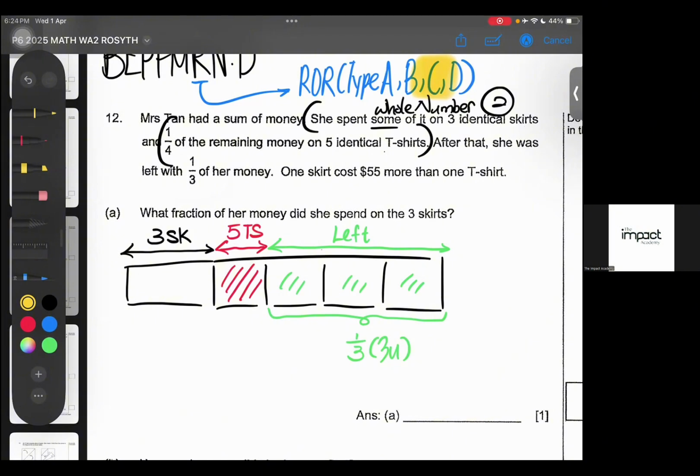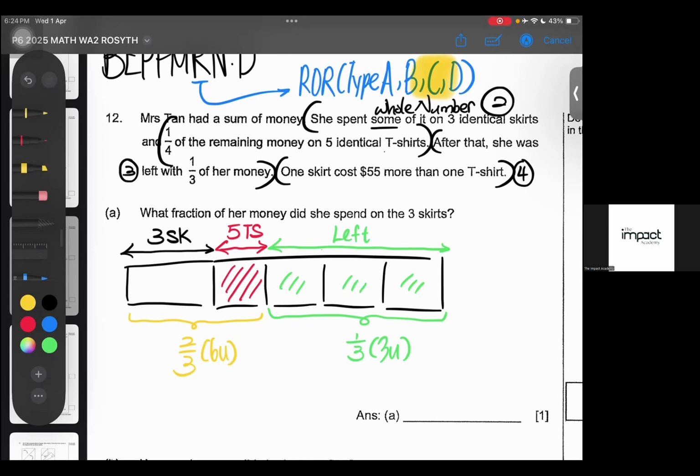So then if this is 1/3, that means from the 3 skirts to the 5 T-shirts is 2/3. That means it's 6 units. For those of you who are still writing, I'm just going to wait for a minute. So this 2/3 is 6 units because